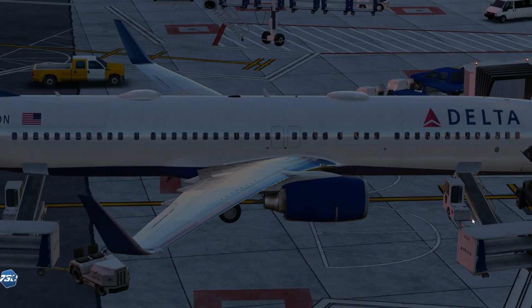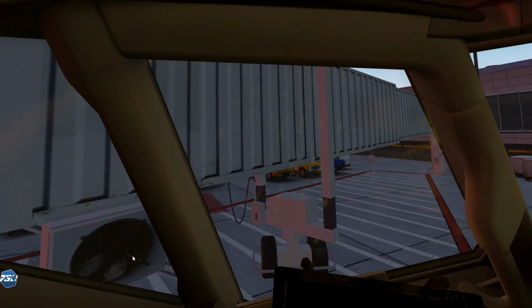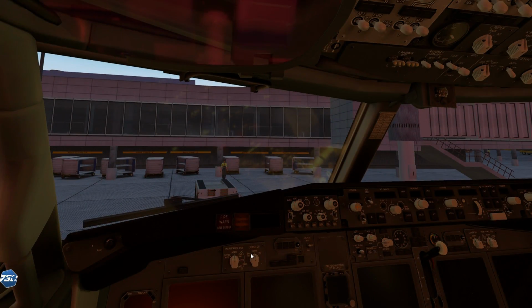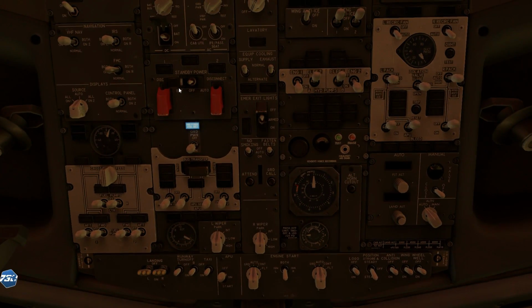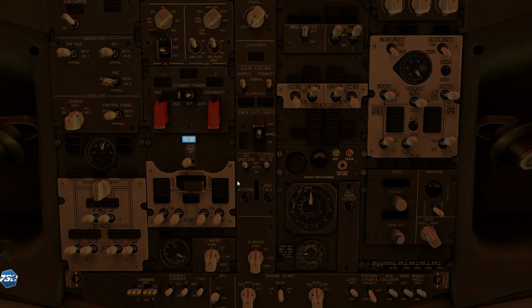So I've got all my equipment helping the plane get ready. A bit of an early morning glow with the sun here. So again, much of this looks much the same as the default 737. But you will notice, of course, the landing lights are simplified and a few other bits and pieces are moved around. But if you've had a go at flying the other one, hopefully this should seem fairly familiar. He says, not having flown this yet, so...